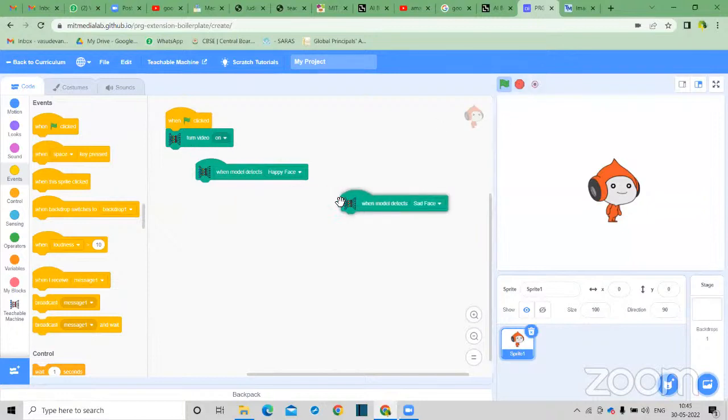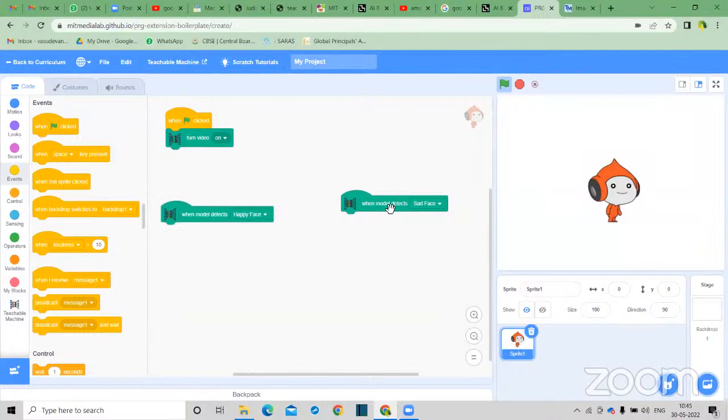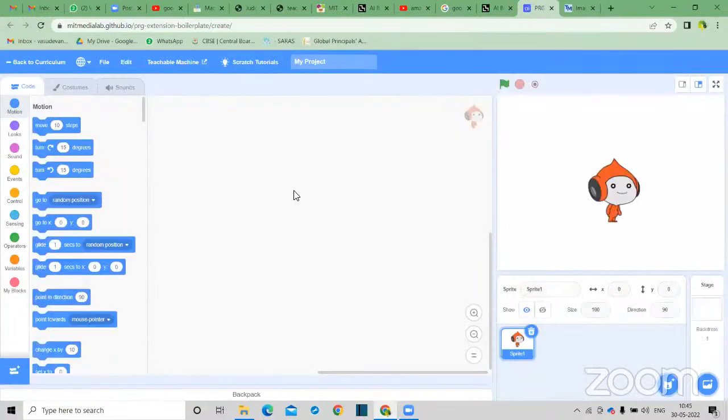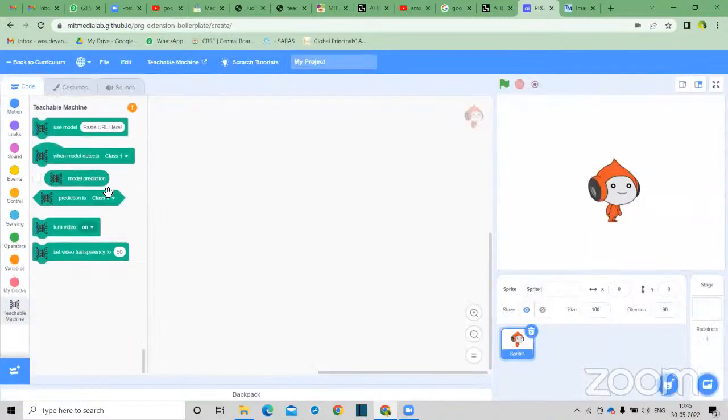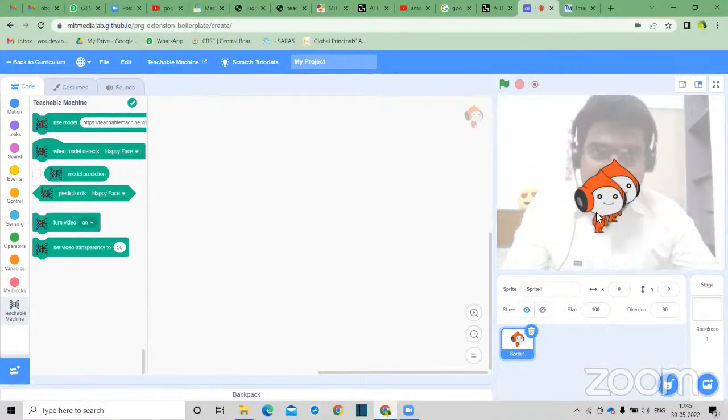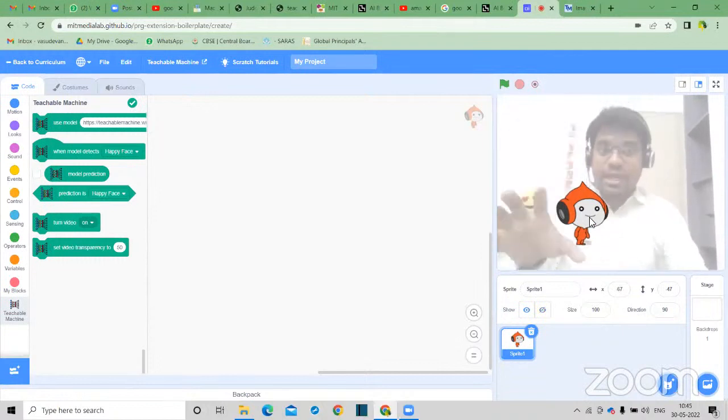Okay. There are sometimes, students, the AI model or the machine learning model might not work because you are part of Zoom. So let me refresh this and try to reload it and see if it's working or not. Suppose if you're there on Zoom or any platform, then this might not work. I would request you to make sure that you're not present anywhere, and then this might work better. So now you can see that my model is ready and I am there inside Scratch.